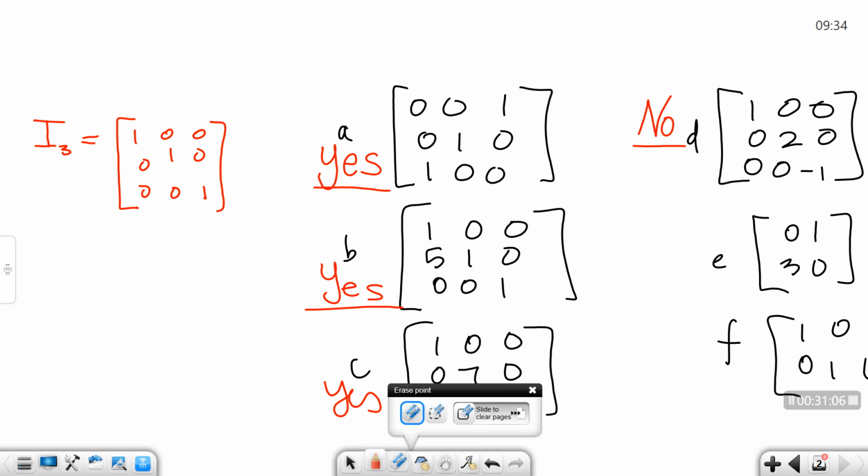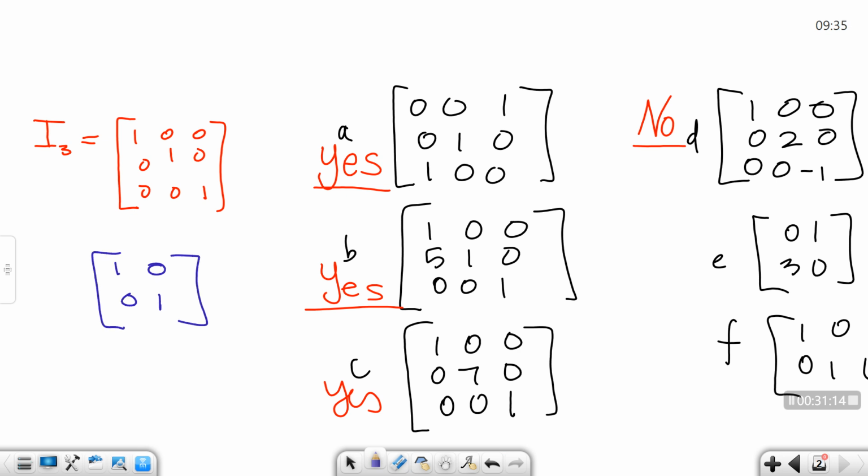Now, your next one is a 2 by 2. Okay, so that means we're going to be taking this matrix. There's my identity of size 2, and I need to get to E. What do you think? Looks like it's a 2-step. Which 2 are they? Swapping the 2 rows and then